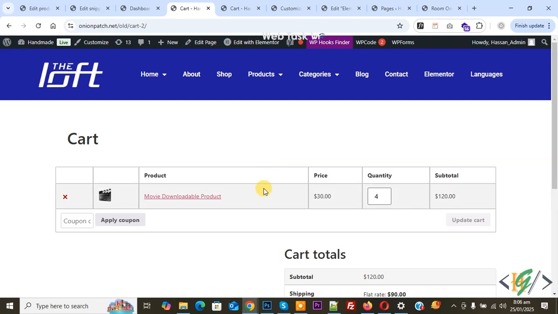Bismillahirrahmanirrahim. Assalamu alaikum. My name is Hassan and today we are going to execute PHP custom code for logout user